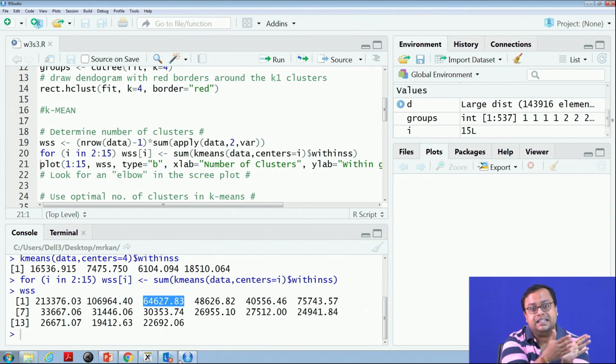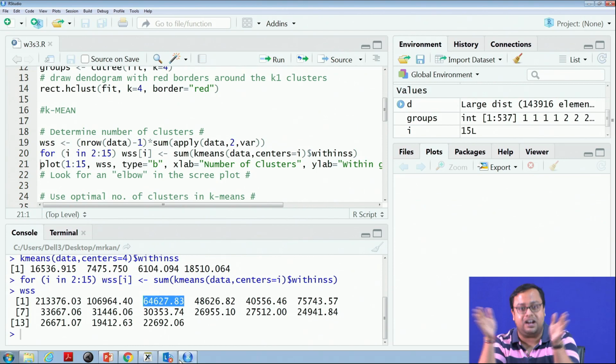So, the distance goes down. Oranges and apples in the same segment are still different, but the overall distance has come down. Now, when you further break apples and oranges into 2 different groups, the within sum of squares comes down further. So, slowly it comes down.